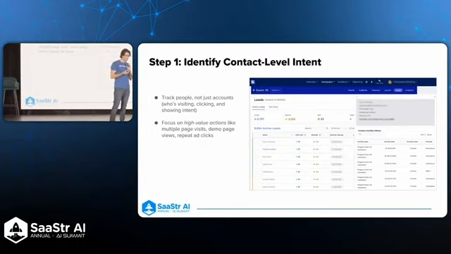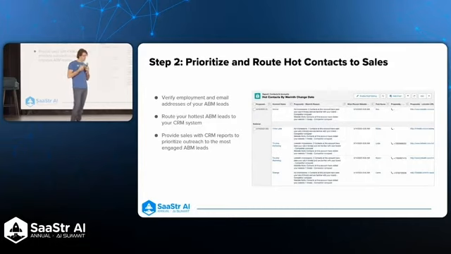Multiple page visits, so scoring those types of actions as well. A single website visit from an individual might not be enough for your type of business to denote warmth. It might be multiple page visits over the course of a month or something like that before sales reaches out. But the idea is scoring contact-level engagement at the website visit and the click visit, and then routing those engagement moments to sales right inside their CRM.